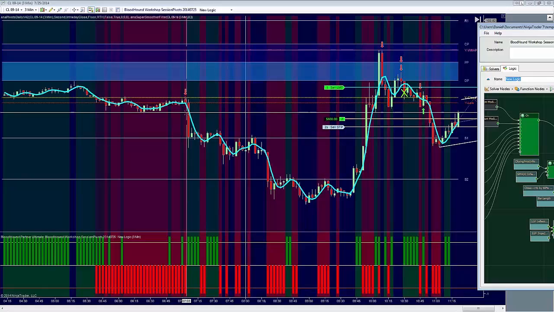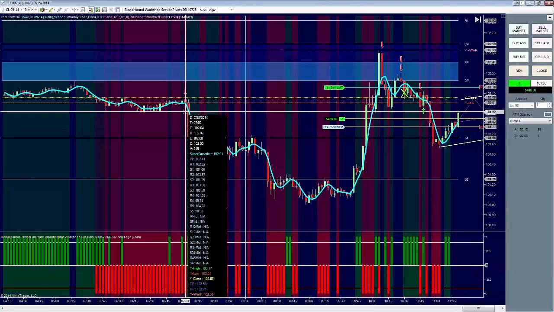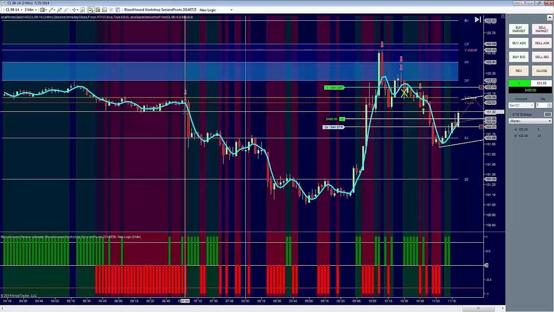Right, so does the close actually touch the low right there? I think it does. The close is 102. Yesterday's low is 102.1. Okay, so it is actually below it by 1 tick. All right, now